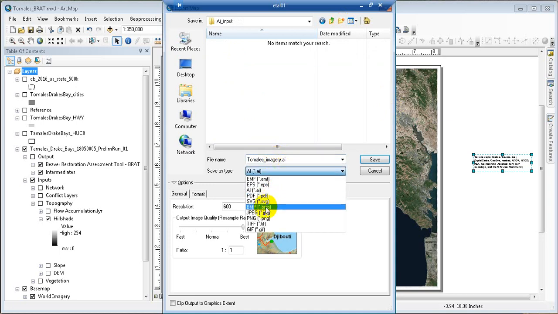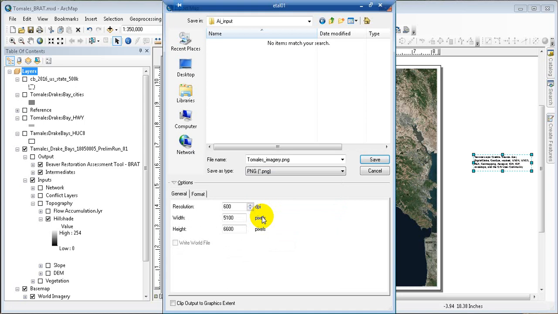We need to change it to PNG, and we want 600 dots per inch. Both of those are set to white,